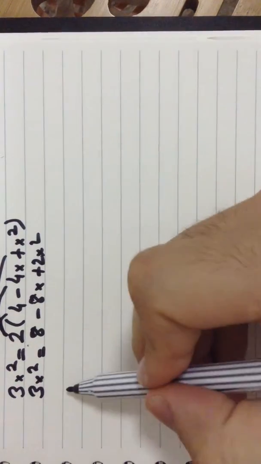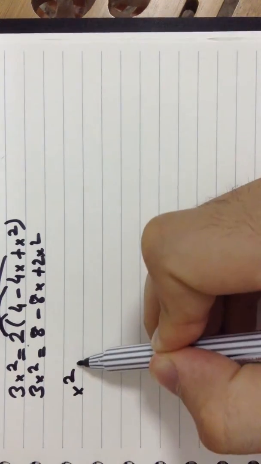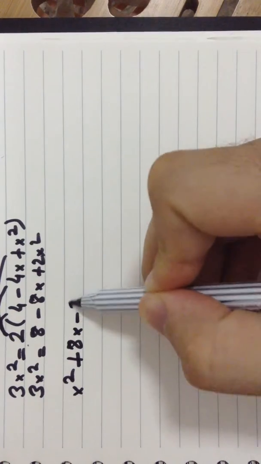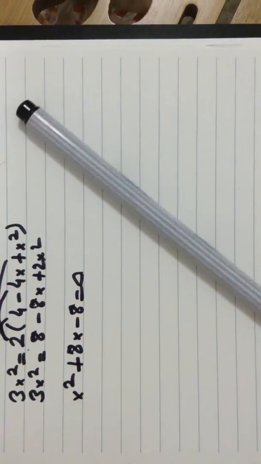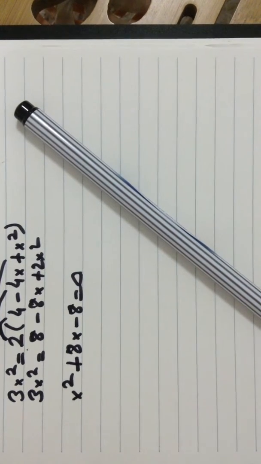From here I will get the quadratic equation x squared plus 8x minus 8 equal to 0. When you check this equation, you need to find the roots of this one by using